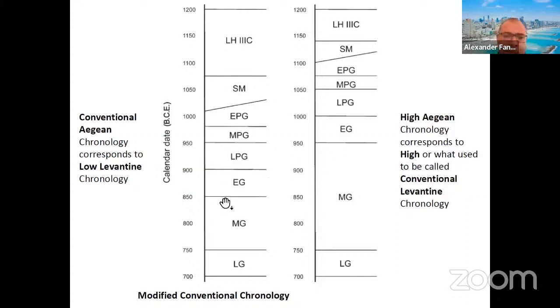For example, a Middle Geometric period, which is even in Coldstream's scheme quite long, 100 years, plus or minus, of course, should be no more than 100 years, because otherwise, if you accept the so-called high chronology advocated by supporters of the high dates, which back then was accepted by everybody, at least in Israel, then you're supposed to date the whole Middle Geometric sequence to at least 200 years, between the 10th century and the 8th century. And for Coldstream, this was a little bit too much. So he followed what was much more reasonable, in his opinion, and in mine too,